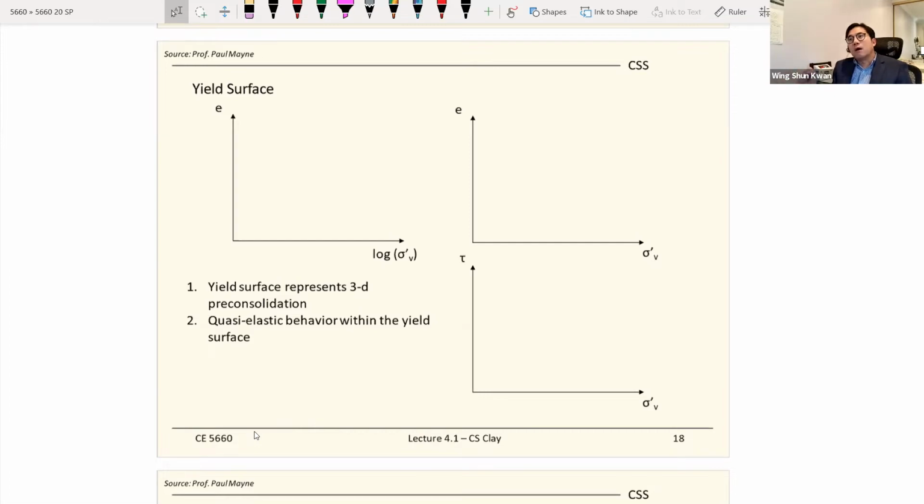Now soil is much more complicated than a homogeneous material like steel or even concrete, because it is a highly nonlinear and plastic material. Which means it's really hard to capture and model it, and critical state soil mechanics helps. The way that we connect the yield surface with critical state soil mechanics is, for example, when we have multiple soils